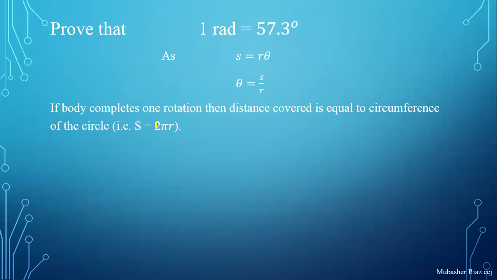Which is equal to 2 pi r. So by putting the value of S equal to 2 pi r, this relation becomes 2 pi r over r,